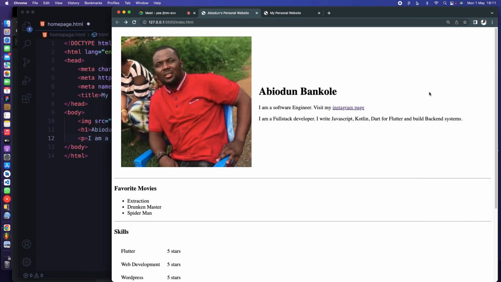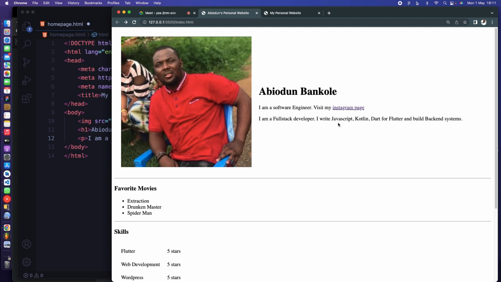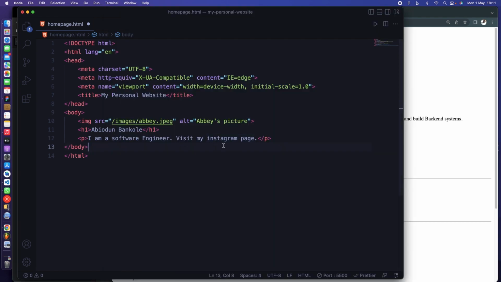Whatever you are trying to format or affect is where you start from. So if you want to link Instagram, you will not come and start from here and put a here. No, you start from where you want to start it and stop it. The opening will be where you want to start it and the closing will be where you want to stop it. So I'm going to say a tag,